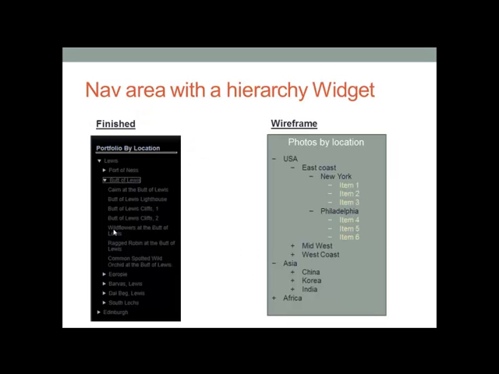Okay, let's go through the different kinds of nav areas, and I'll show you what I have in the prototype and what a wireframe would look like. So here's my finished prototype on the left-hand side, and my wireframe on the right-hand side. Notice that the wireframe really is a sketch, and it's just giving the idea of how stuff is going to be basically laid out and organized. In this case, I just give you the idea that it's some expanding and contracting list, right, with the plus and the minus signs, and that I have 3 levels in my hierarchy,